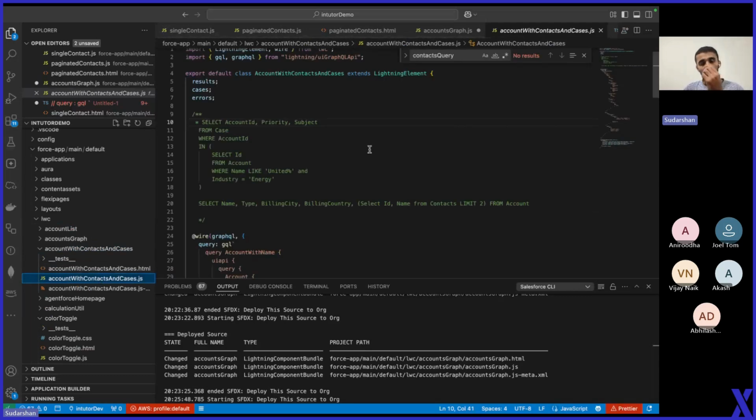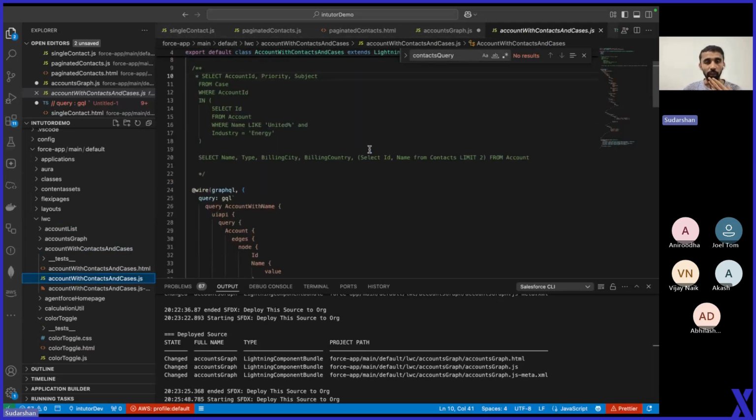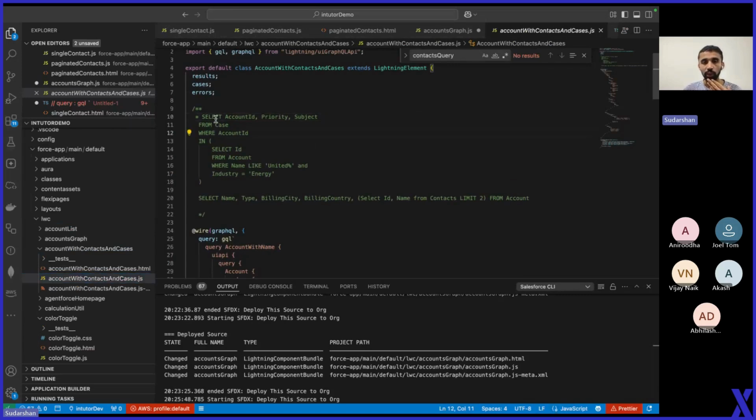So let's try to query two different objects in a single GraphQL query. This is what our query looks like. We are going to query from the case object, and here we are putting a filter onto it. The query is like select account ID, priority, subject from case where account ID in, and I'm doing a subquery again, which is select ID from account where the name like United,